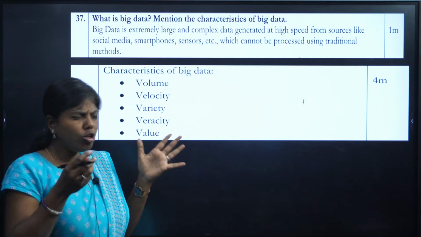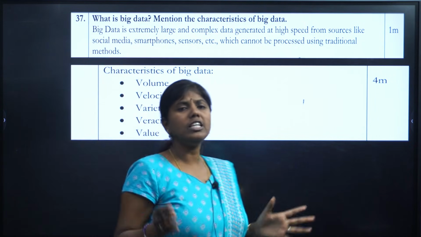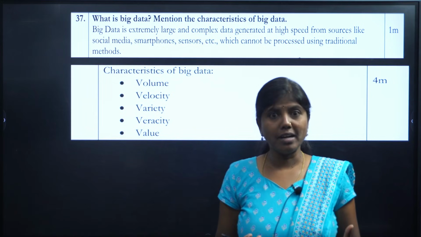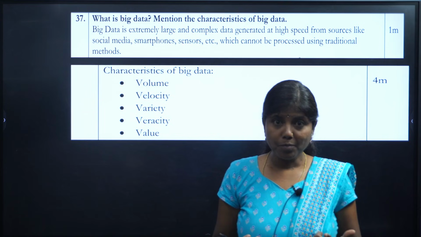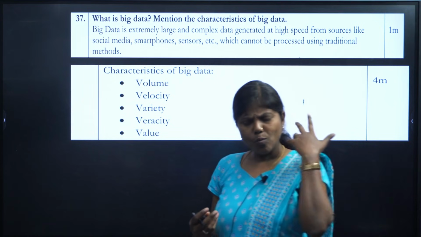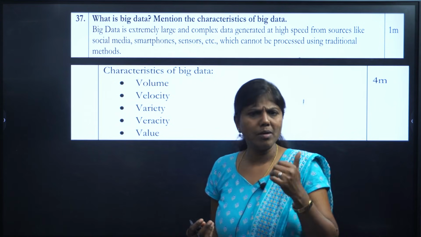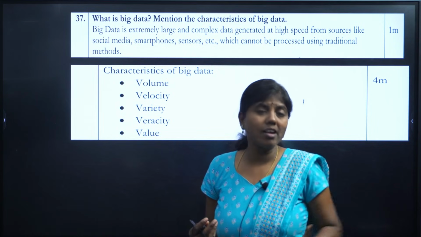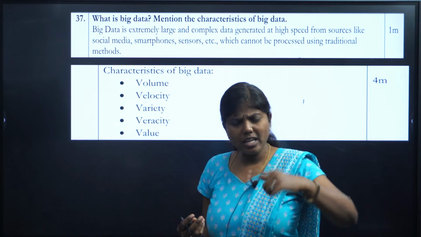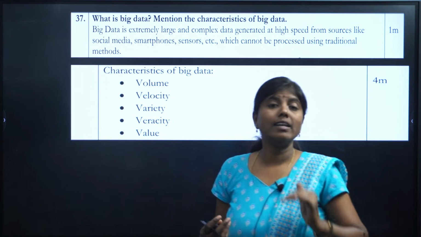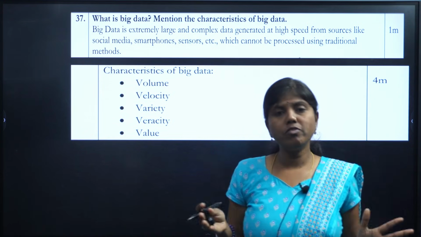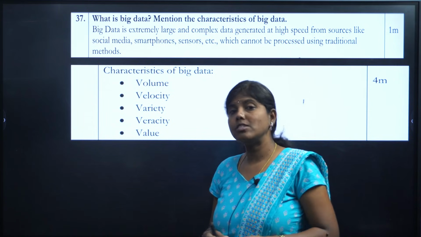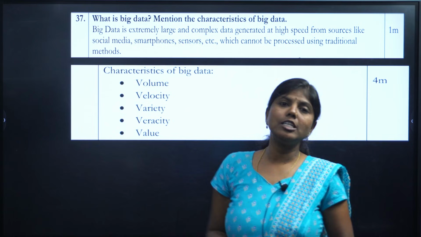Remember that the large voluminous amount of data that gets generated whenever you use the internet is called big data. Whatever you're commenting, liking, maybe you are just viewing, not doing anything, just surfing, each and every click, each and every scroll, whatever you do, it's getting recorded. They have to record and store this huge amount of data because it carries high business value, and we call this data big data.